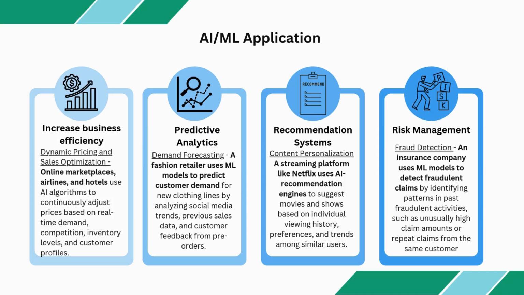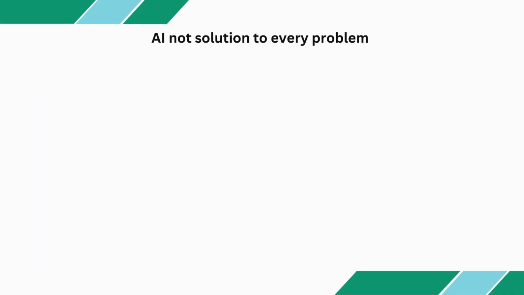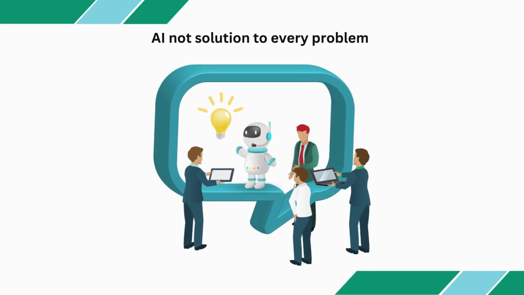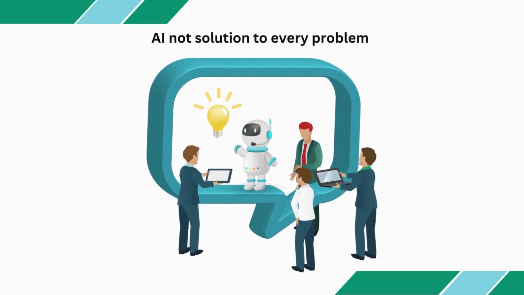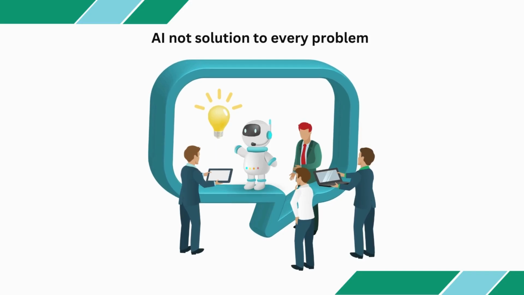Now let's discuss when not to use AI and ML. Before we get into details, let's talk about an interesting real-life incident that occurred a long time ago in a large organization. A team of highly skilled data scientists were tasked with creating an ML model to predict whether an email address entered by a user was in correct format. The data scientists developed a machine learning model and trained it on a large dataset containing both valid and invalid email addresses. However, the model could only achieve an accuracy of about 70 to 80%.